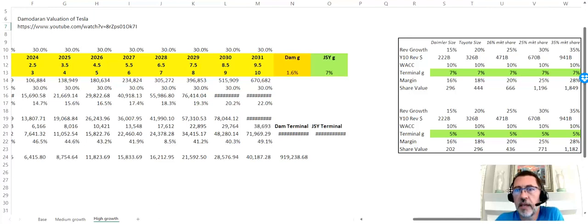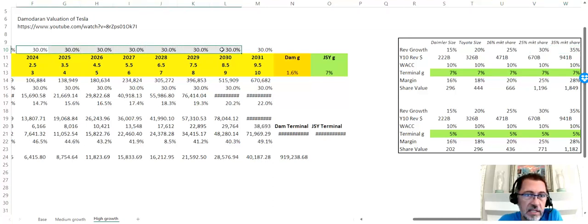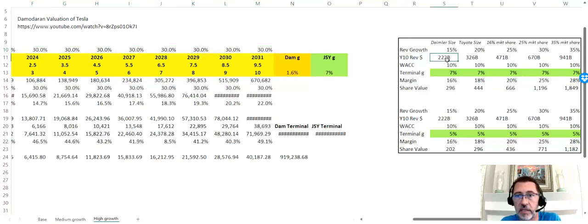So what I'm doing is I'm saying, let's test this under different assumptions on revenue growth. So there you see 15, 20, 25, 30, 35% revenue growth. If you plug these numbers into this revenue growth here, you're going to get very different revenue numbers. And you can see this is the 10-year revenue number of $222 billion. And at 35% growth, you get to a 10-year revenue number of $941 billion, let's say pretty close to $1 trillion.